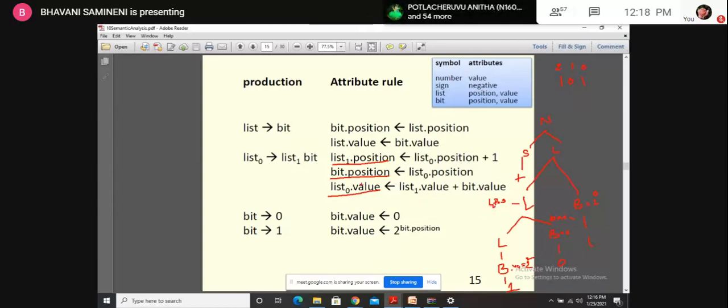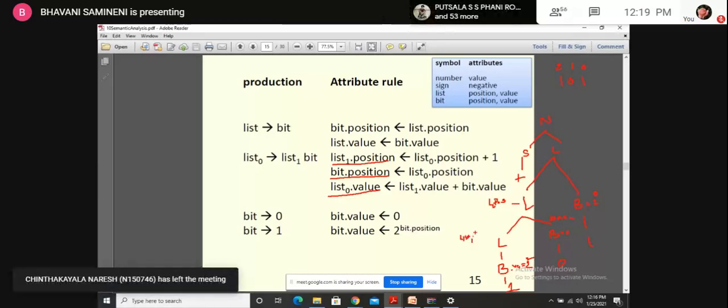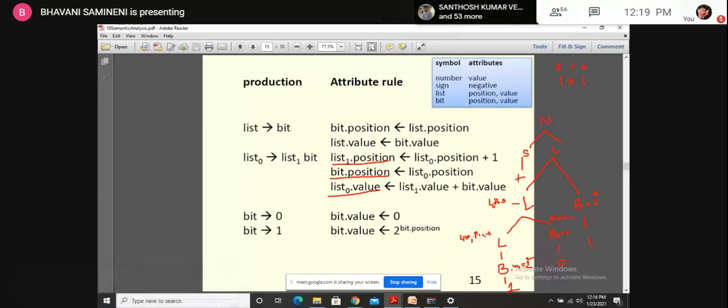So list dot 1 is equal to position. In list dot 1 position, what I have to write is list dot 0 position, the position we are getting from here. For that we have to add 1 and fill that value here. And bit dot position is equal to what came here, we send it here. And here list dot 0 value is equal to list dot value plus bit dot value.